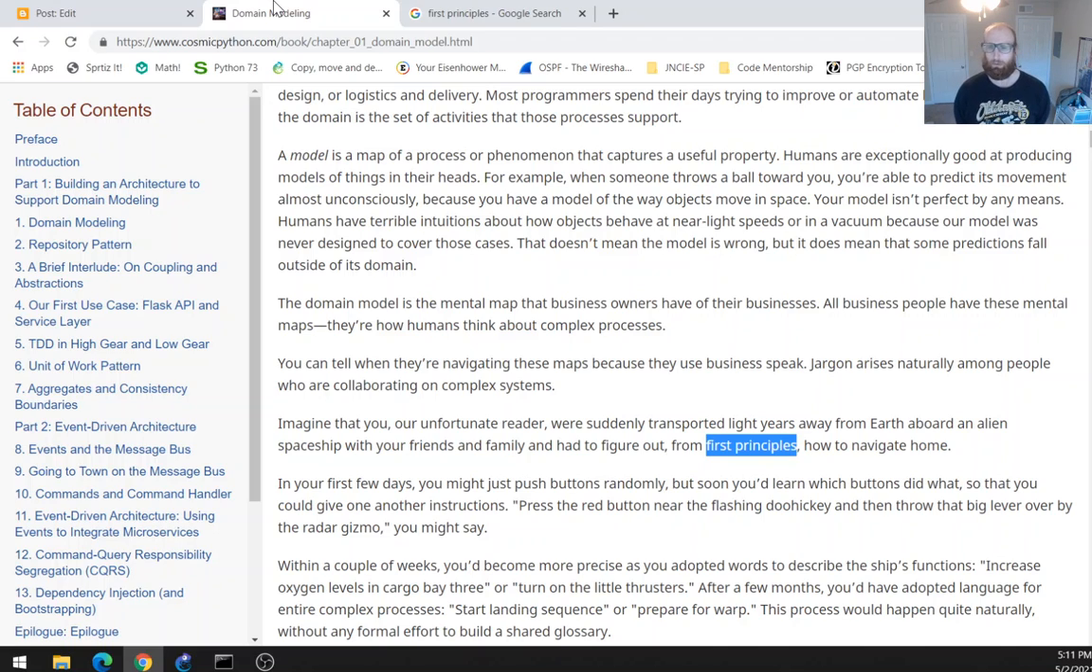So if you were transported light years away from Earth and you are on an alien spaceship and you had to figure out how to navigate home, using first principles, I think the first thing you would do is actually verify that you weren't home somehow, actually verify that you were on a ship somehow, verify that the laws of physics more or less are the same,